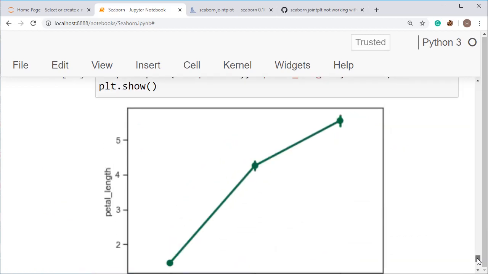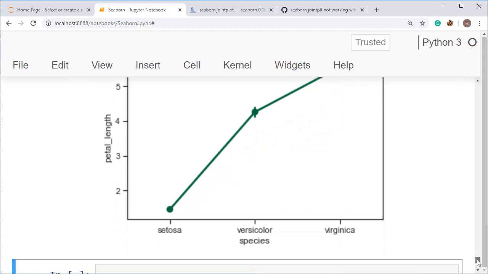This one is actually a point plot. You can also set the hue value. Actually, I put the value for hue in a wrong format, and that's why it displayed the error. The new library has been updated with new values. So go through the documentation of Seaborn plot and you will find everything there. All right.